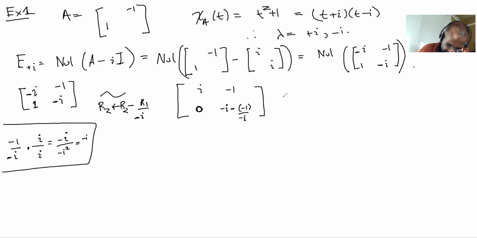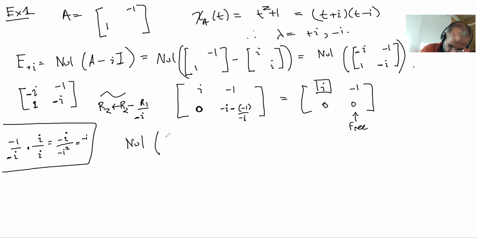And so you get that this is i minus 1, 0, negative i minus negative i, which is also 0. And so this is now a pivot. This is a free variable. And so the null space of this matrix, let's call this star,